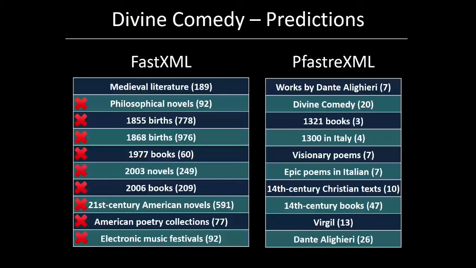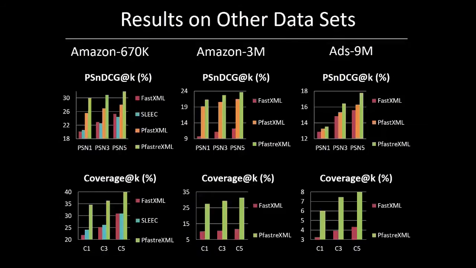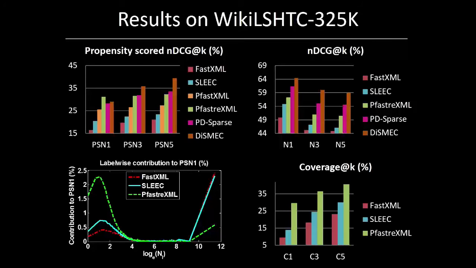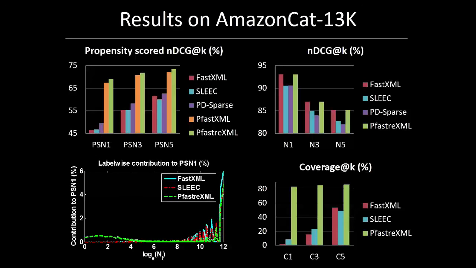I meant another. Can you go 2 slides back? Oh, I'm so sorry. I can't see my slides. 1, 2, 3. Here, for example. Yeah. Right. So if I interpret correctly, you have a lot of rare labels that are predicted, and then nothing in the middle, and then the common labels you predict again. Yeah. So I need to check what's happening over there. Even DisMec, Sleek, PfastreXML, we all seem to follow the same trends. Yeah, and in the previous slide the middle is flat. The previous slide was even more. Here, for example, I have some rare labels and then nothing in the middle, and then you jump up again. I was wondering if you have an explanation for that. Yeah, no, we need to go and look at that in more detail.